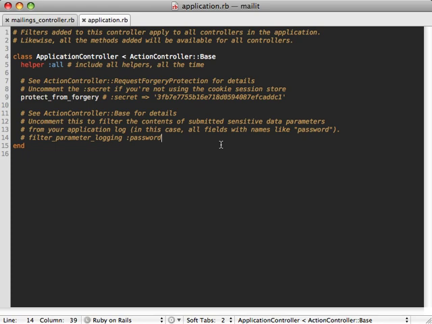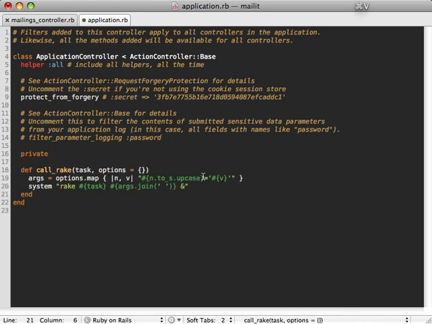I'm just going to define this method inside of our application controller so all controllers have access to it. I'll just paste in some code in here to get us started. So this will do basically the same thing we did before. It just will reformat our options that we pass in to look more like the rake arguments. Then we just call system rake, the task's name and all the arguments, and then the ampersand so that it